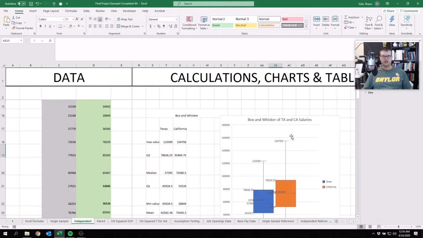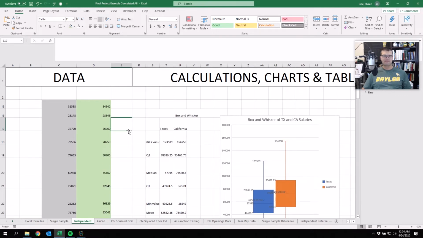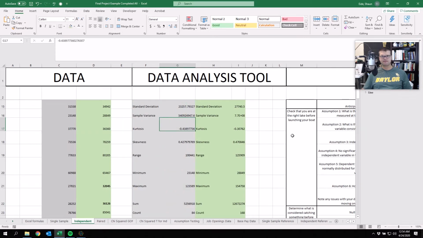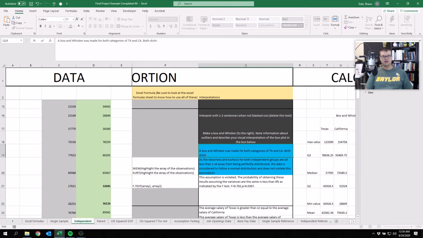And then we're going to look at this and just kind of describe it. Both distributions had 0 outliers,